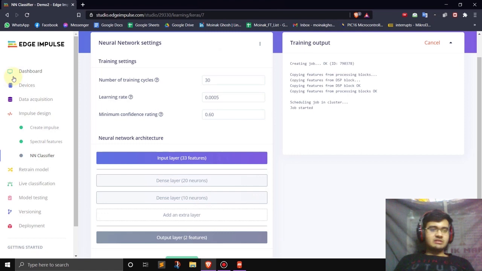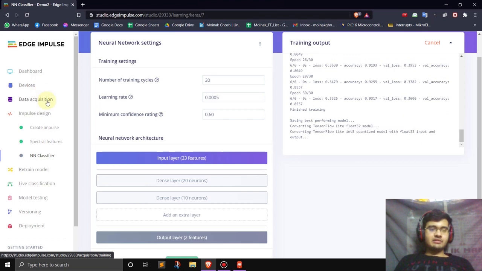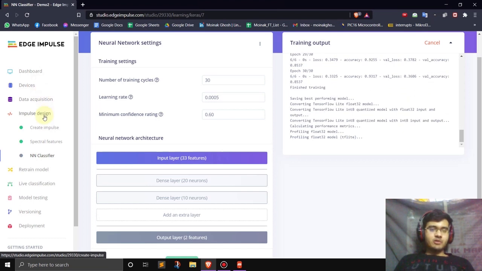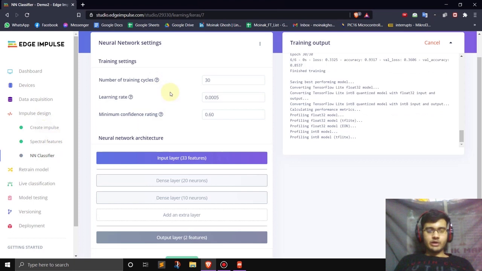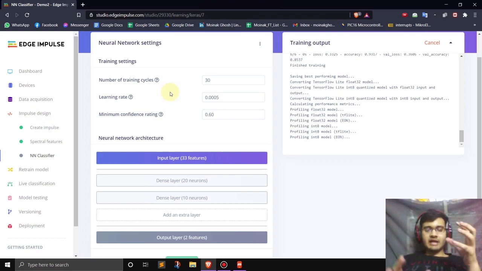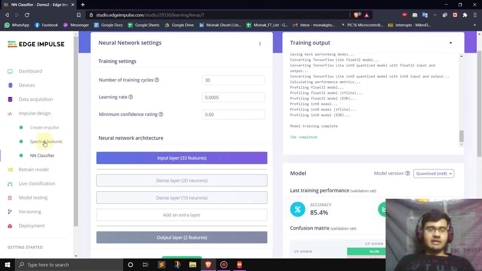So I'll just walk you through what we have done. We have connected our smartphone to Edge Impulse. We have collected the accelerometer data. We have designed processing blocks to process that signal, and then we have also generated the features that we want to extract from our model, which gave us the point clouds, different point clouds that represent the two kinds of gestures that we want to segregate. So after that, we created this neural network classifier, which actually classifies those two point clouds as distinct